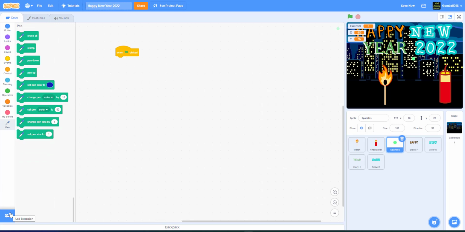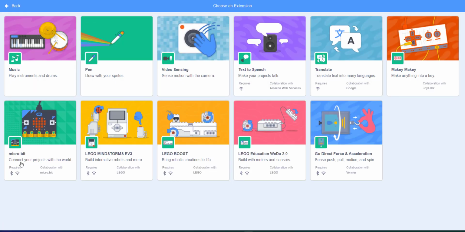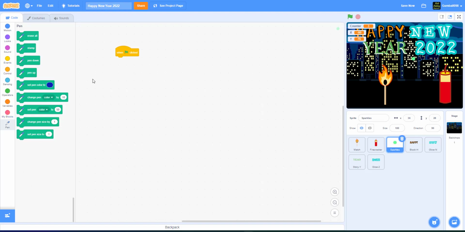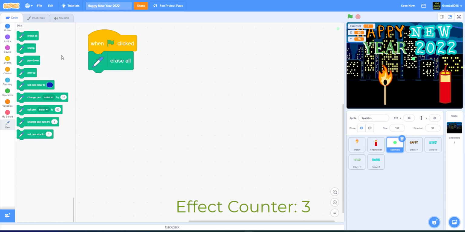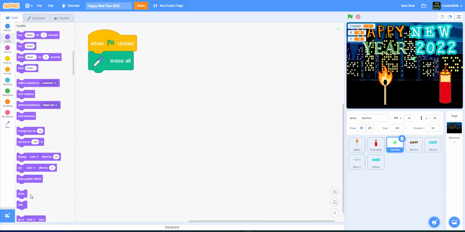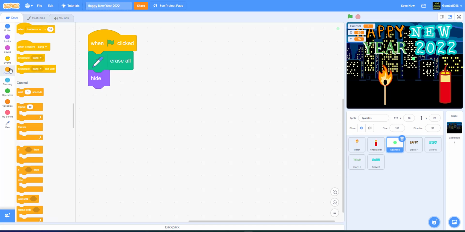By the way, if you do not know, there's this button called Add Extension. There's music, pen, video sensing, all of these, and we just click pen, and we already have it here because it was from the backpack. So it'll erase all, because in the beginning, you always have to erase all the graphic effects that you made earlier. And then it'll hide, and it'll wait 1 second,